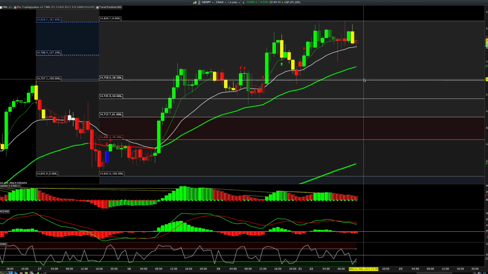a corrective pullback sell-off, which in this case would be first target down at around 147.60 if we just round up, because the 38.2 is at 147.58 and the previous structure is at 147.57. So I would like to see a nice corrective pullback of about 40 pips from current standing, 40 to 50 pips depending on where you're getting short. And that is how we plot fibs to do with our divergence strategy and how we capitalize using the divergence